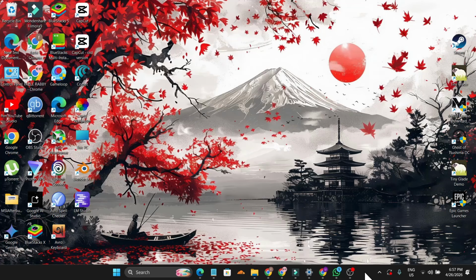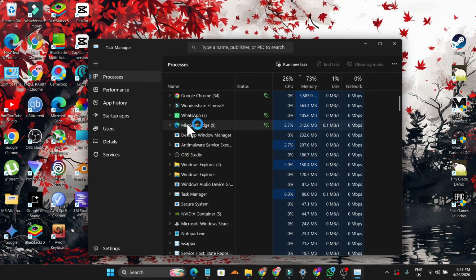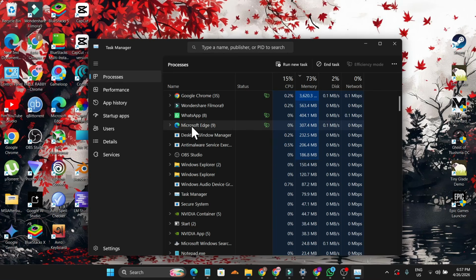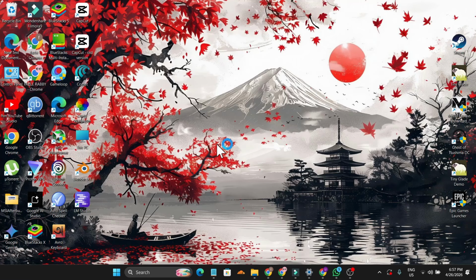So if I just go to the Task Manager, right click on it, you can see in the processes here, Microsoft Edge running lots of services in the background and it's eating lots of RAM on your PC. So what you do, just simply right click on it and end task. But what if I told you this will also not work for you because Microsoft Edge is still running in